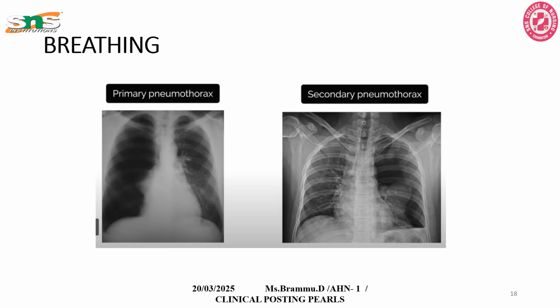This X-ray picture is denoting primary pneumothorax, which is present on the right side, and then secondary pneumothorax, which is present on the left side. You can see the dark silhouettes of the lung